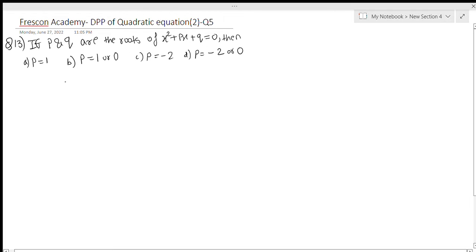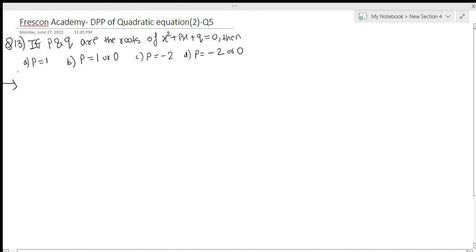Hello students, now let's solve this question of the quadratic equation. If p and q are the roots of x square plus px plus q is equal to 0, then which of the following is true? This is quite an interesting question. What they are saying is that p and q are the roots of x square plus px plus q. As p and q are the roots of the equation, we know